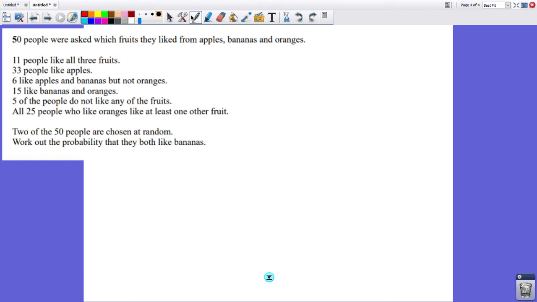Here's a conditional probability question. Whenever you get a conditional probability question in an exam, the main decision you've got to make first up is: is it a Venn diagram question or is it a tree diagram question? I think this is fairly obviously a Venn diagram question, just because the idea that someone could choose one